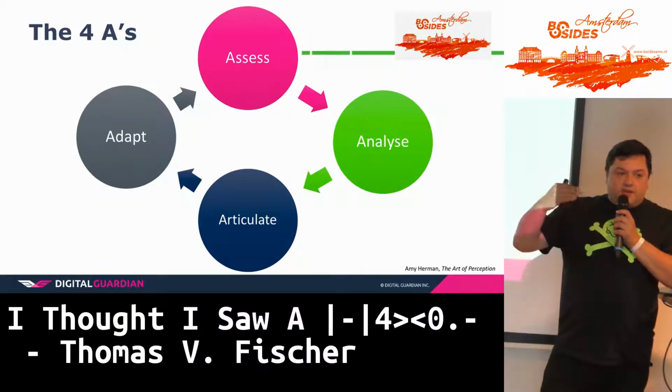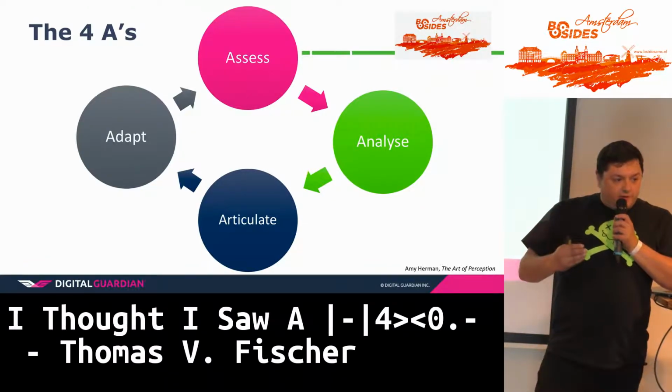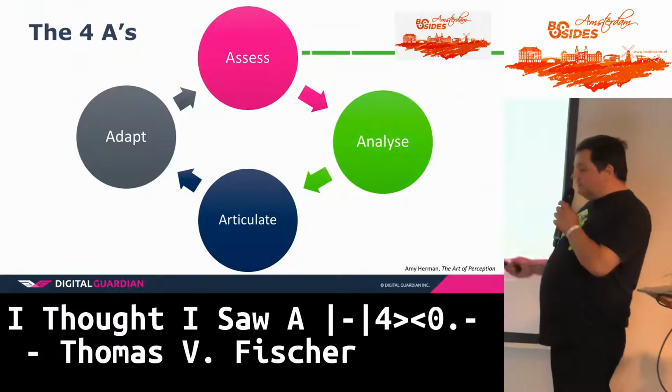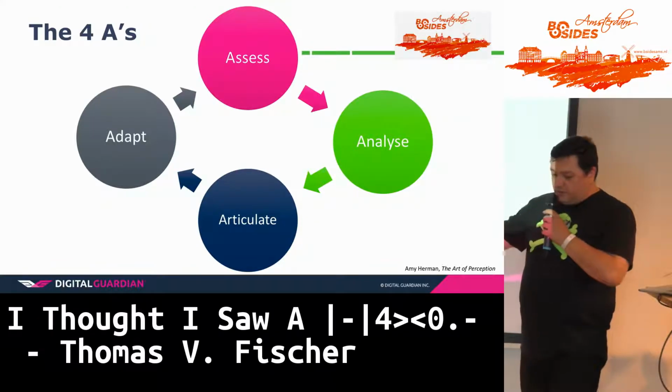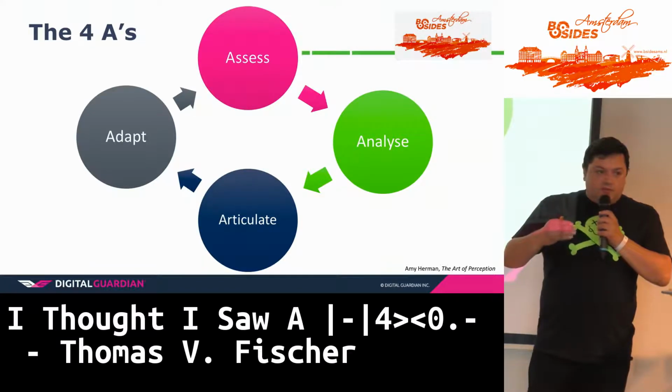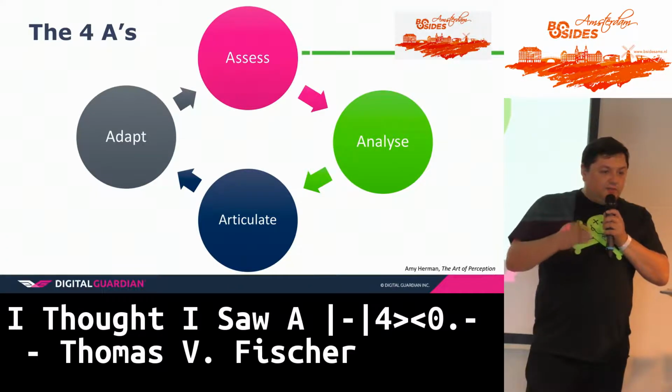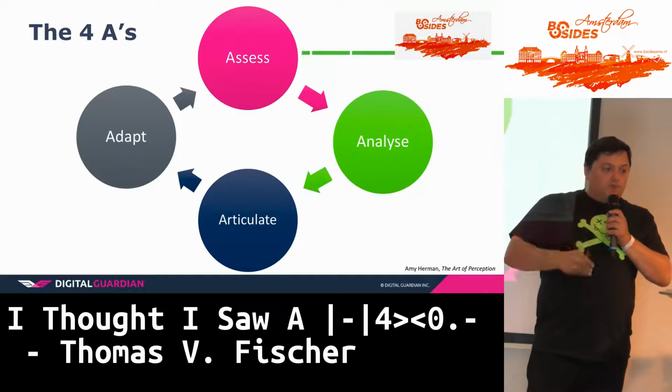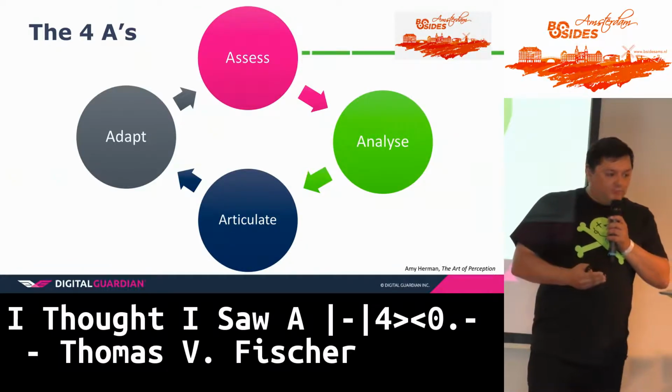So we need to retrain ourselves to look at things in a different manner, to go back and assess what we're looking at, to then describe it, then go back and look at it again, see if we've described it properly, and then keep going through that rotation until you've optimized the way of looking at things.